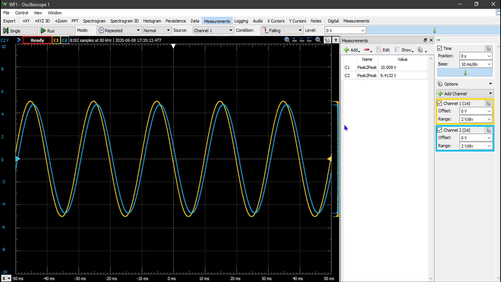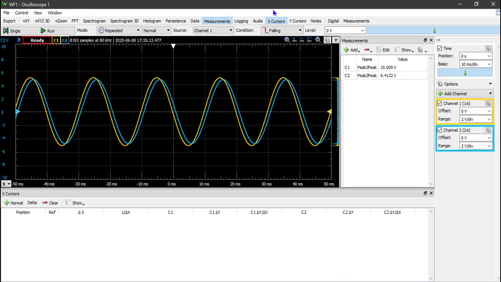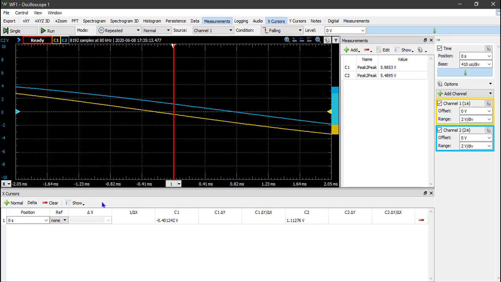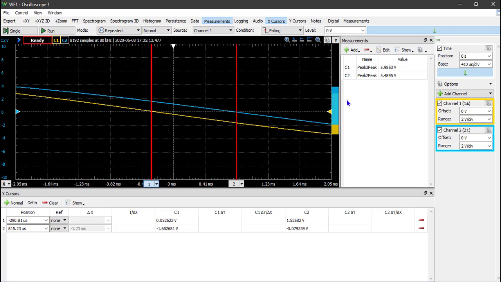Now, to measure the time delay, there are actually two ways that can be done. One way is we can use X cursors. So we can put an X cursor at position 0. We can look at where each one of these two waveforms intersects the time axis, and then look at the difference there. This is at 0 milliseconds, and I'm going to add a second cursor, and move that to where this waveform intersects the time axis. Once I have these set up, I can zoom back out,